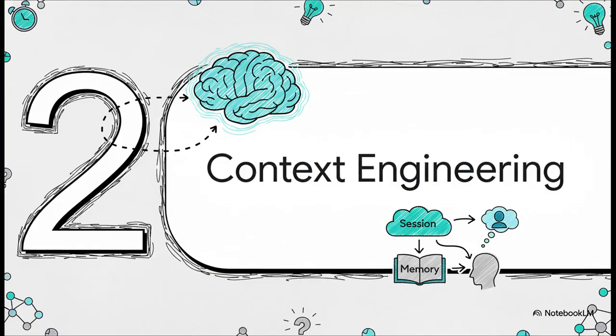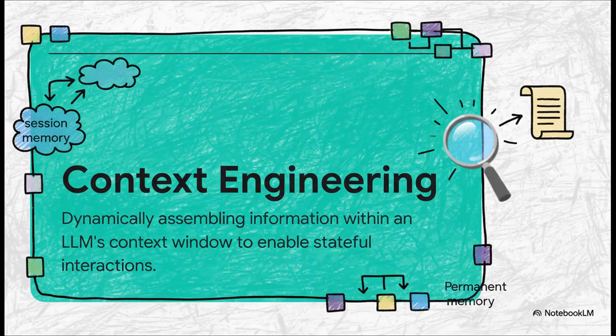So, if the models themselves can't remember, how do we solve this? Well, the answer is a really exciting and fast-moving field called context engineering. So what is it? Context engineering is basically the art of gathering up all the important info, your past conversations, your preferences, key facts you've mentioned, and dynamically packing it all together for the AI every single time you talk to it. It's what gives a stateless model a sense of history.